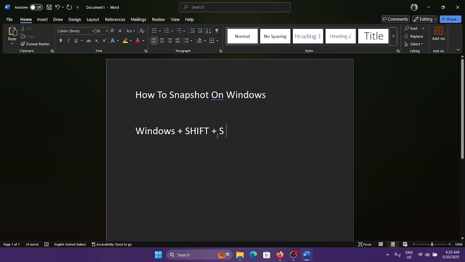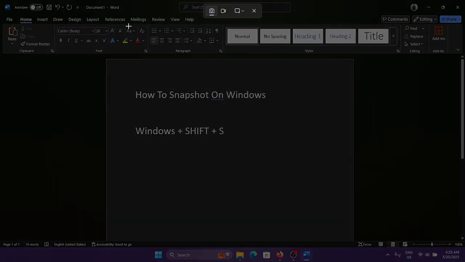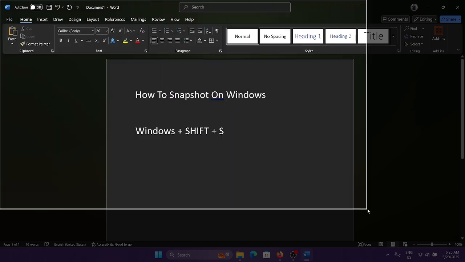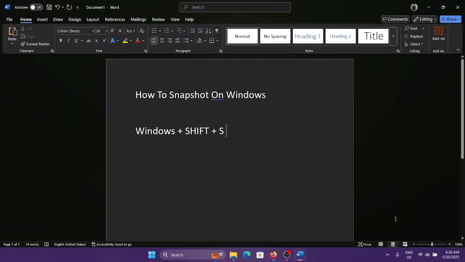Press Windows plus Shift plus S. Now I'll do it and I'll show you what happens. Windows plus Shift plus S. It opens the Snipping Tool, or the Snip and Sketch tool, whatever you want to call it. Now you can select a certain region, the region in which you wish to take a screenshot of, and now